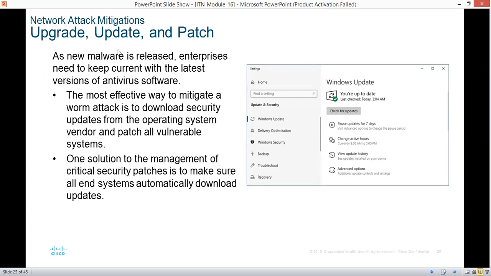Most of this, you do as a way of preventing the whole thing, because if you don't upgrade or update, you might be using obsolete operating systems, and then vulnerabilities might be created, because all these updates help to beef up the security of your servers. So when you have an enterprise service that runs several applications, you must always look forward to doing this upgrade and update. As new malware is released, enterprises need to keep current with the latest version of the antivirus